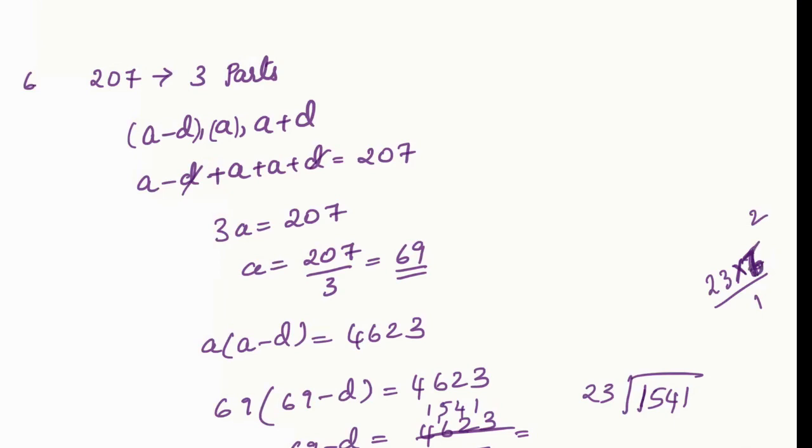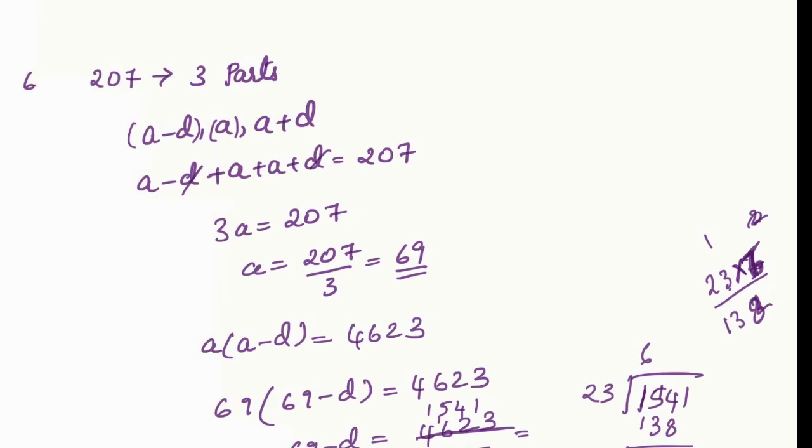Okay, 6 will be enough, I think. 23 into 6 is 12, 1 balance. So 23 into 6. So 6 3s are 18, right? 1 balance. 6 2s are 12 plus 1, 13. 138 you will get. 138 again 23 will not go. So 138, how many times? 6 times. So what are you getting as the answer here? 14. So it is 6 and 1. So you get 161 here.